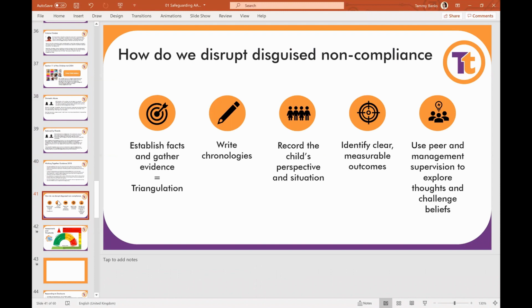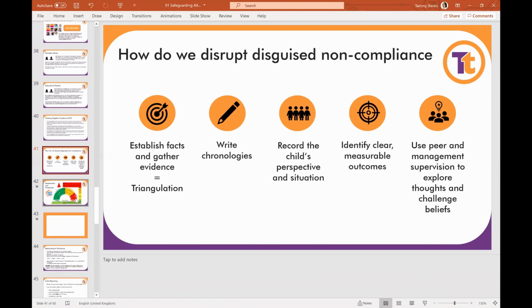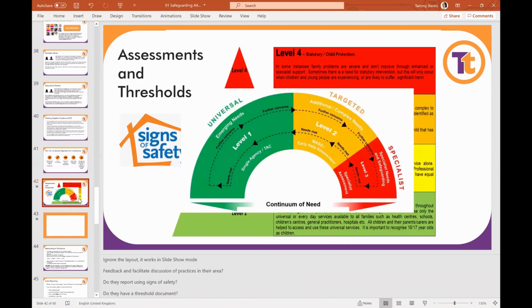Again, I just don't know, you decide when you're putting together the disguised compliance bit, but it just might be too much on the disguised compliance. So that goes up the top. So threshold, this is going up the top, but there does need to be a discussion at some point within the